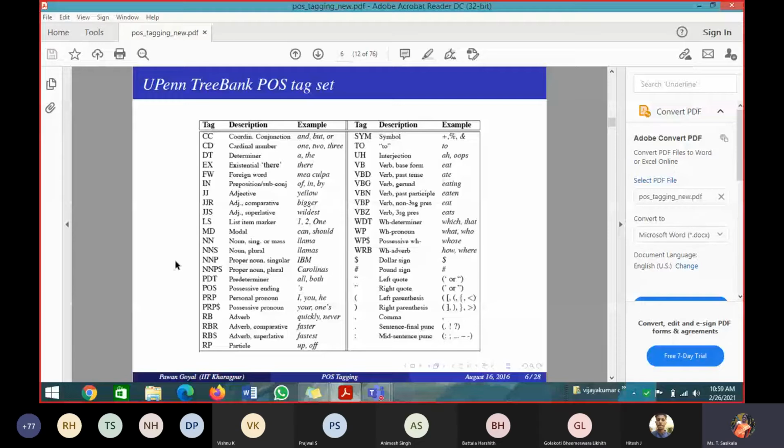It is very simple, right? We have a tag set, you give a corpus, and you give that tag set. We have the words. It will attach, this word means this is the tag, this word means this is the tag. You can make it, right? So this is a simple problem. Why do we actually want to learn POS tagging, whether it's simple or complex?